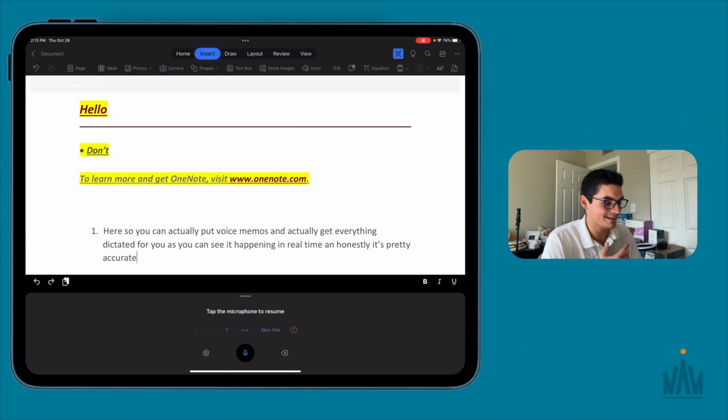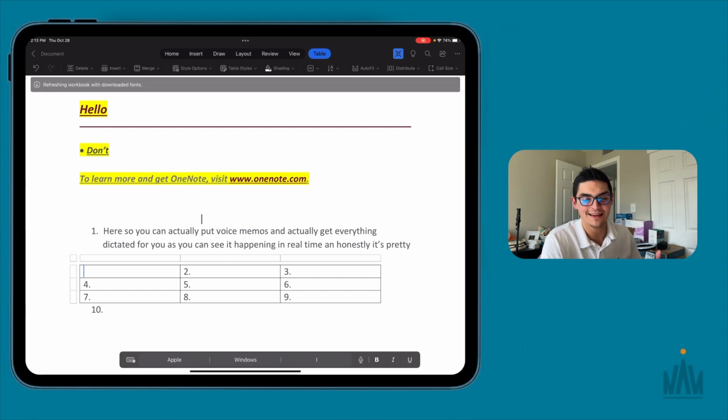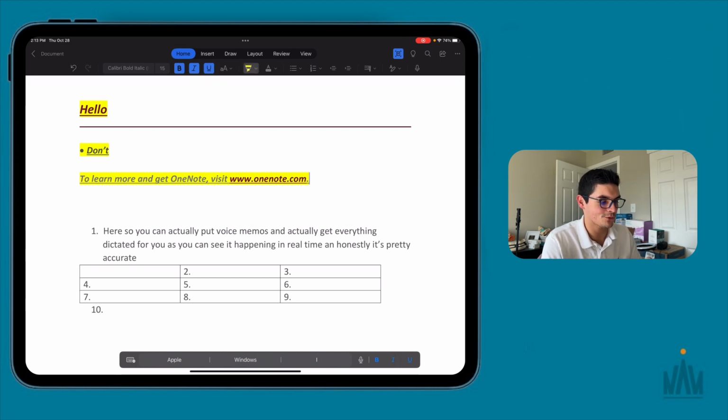But again, you have the ability to insert everything that you would want. You can add tables if you like. Then you can treat that table almost like an Excel file where you can merge all the different cells and stuff like that. And again, the actual toolbar adapts to where you are and what you need it for within the application. So for instance here, you're getting the normal toolbar, but if I go into here, the toolbar totally changes and adds a little table view right here for you, so you can edit the actual table that you're working on. So again, it's becoming very, very easy to use, and for beginners especially, this is the perfect way to